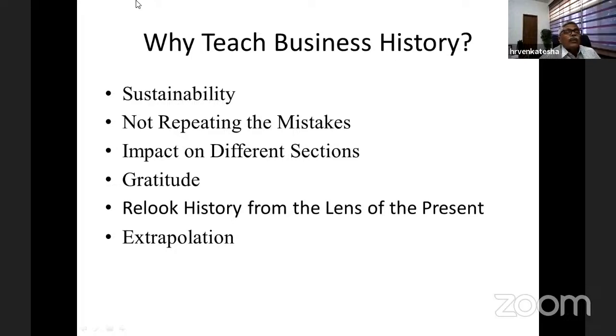Of course, at this point, I want to tell you one more thing. In India, we don't have the culture of recognizing the people who make a difference to the economy. We give Bharat Ratnas, Padma Shris to all Tom, Dick and Harrys. Look at it, do we have the gratitude to recognize the contribution? Verghese Kurian, the man who has done yeoman service to farmers, to the rural economy, to milk, has not been recognized. I think India does not recognize the right people. We do not show the gratitude to the people who contributed to the Indian economy.